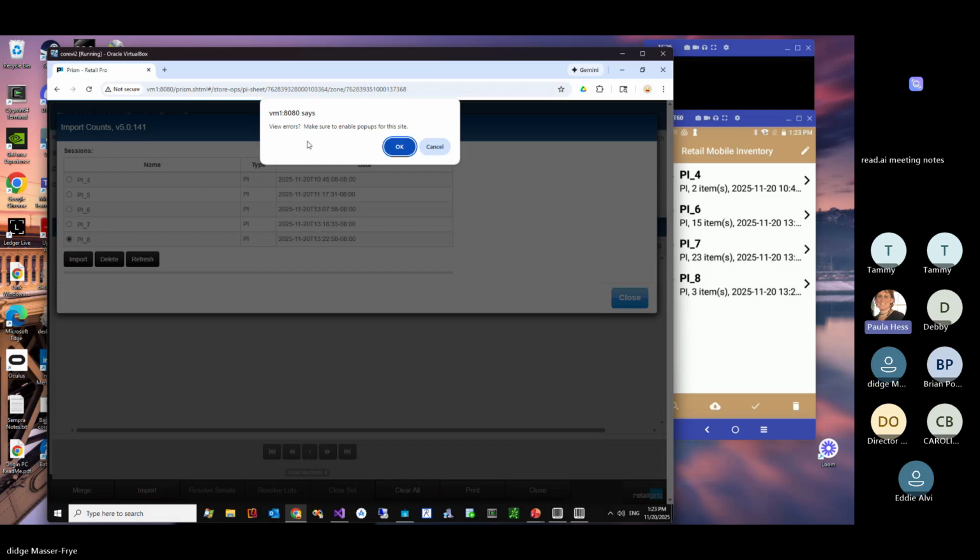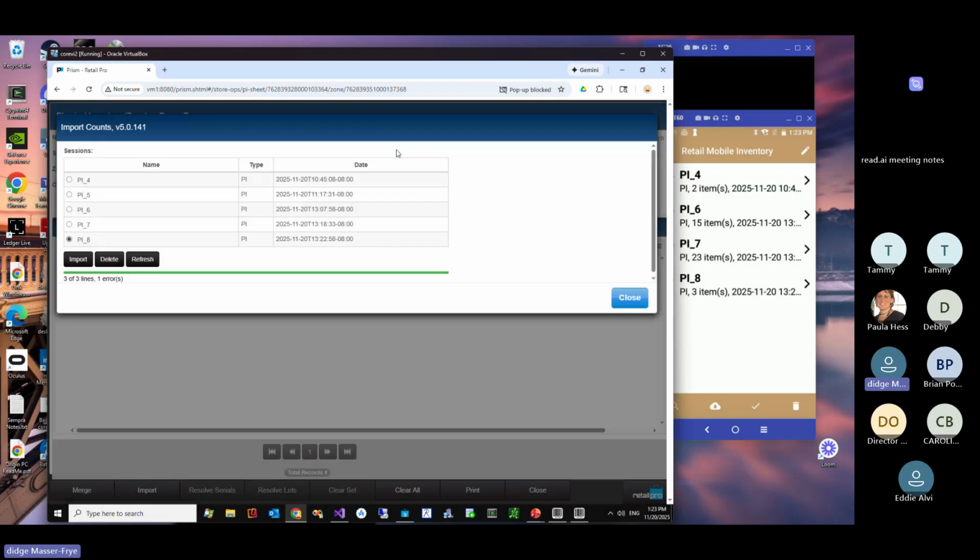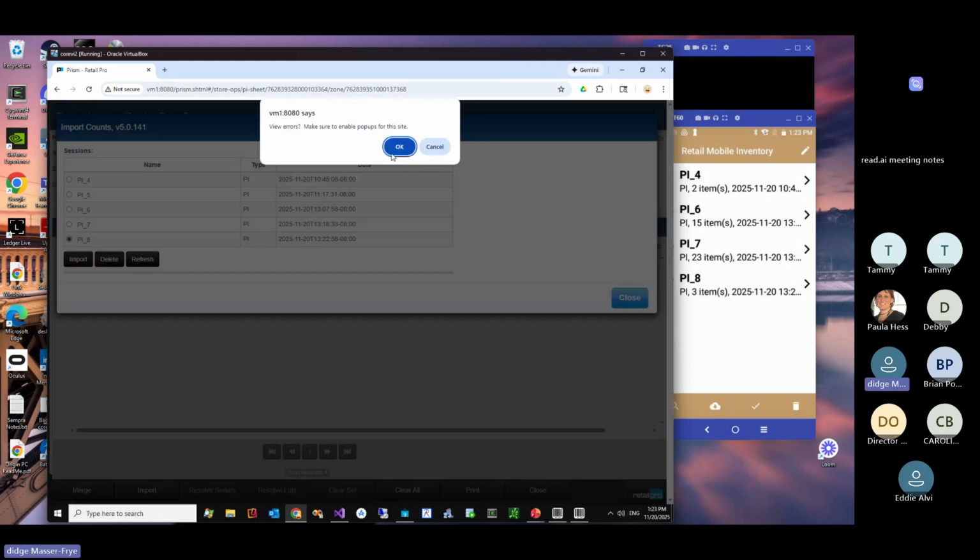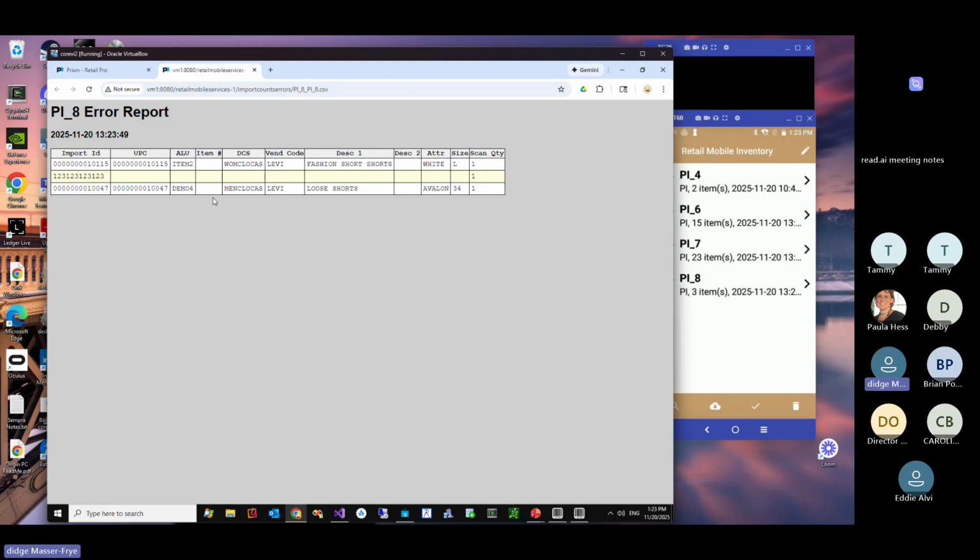Got it. Thank you. Now this one, you can see there's an error here. To make sure you can see errors on the screen, you have to make sure you enable pop-ups, so it'll hide it if you don't have them enabled. I should have it enabled, so it should. Nope, that's what it says when it's blocked. So I need to allow that. So let's do that again. It says view errors, make sure they're done. Okay, so here's the error report. This error report is coming from my application, and it shows you what items were successful, but what items were not. And then back in Retail Pro,